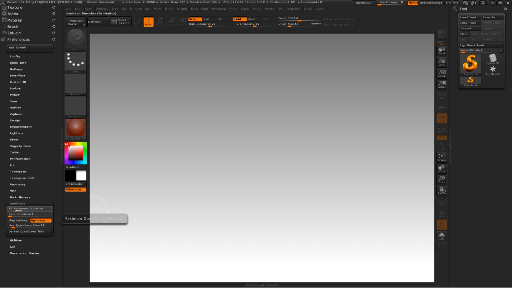So what I would do, and actually what a person from Pixologic, or a ZBrush artist, would recommend, is to put your quick save maximum duration minutes to 600 and your rest duration to 5 minutes. So, say for example, you're away from your computer to go to the washroom, get a sandwich, get something to drink, or something else,